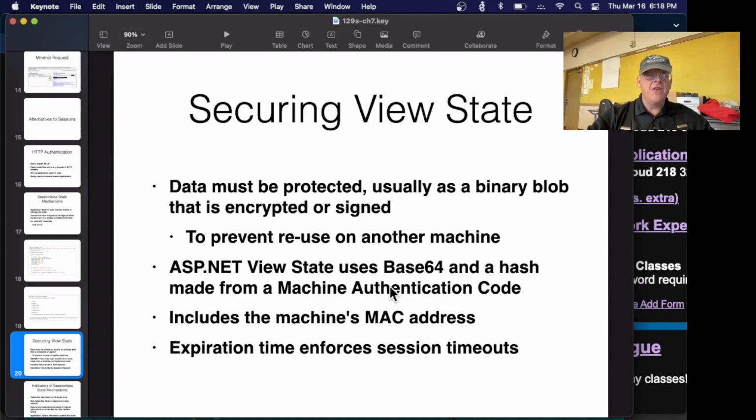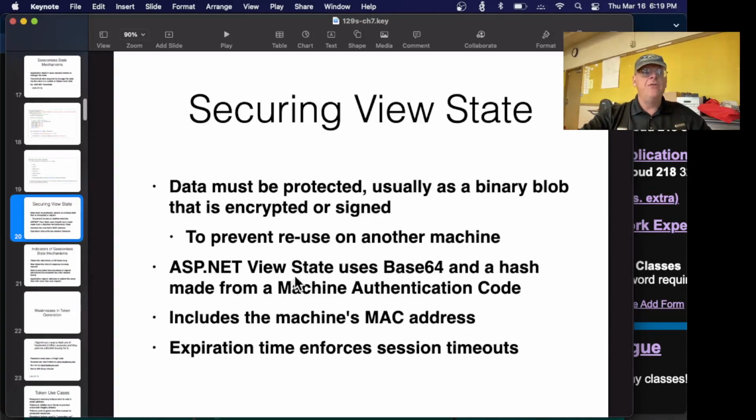You should have this message authentication code. The message authentication code has a secret generated on the client, and it uses the client's MAC address to create a key, which it uses to create this MAC. So if you take the cookie and try to modify anything, you can't because you don't have the key. And if you try to run it on a different machine by replaying it, it won't accept that either.